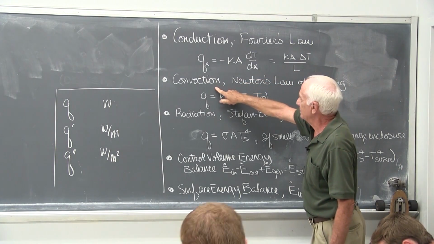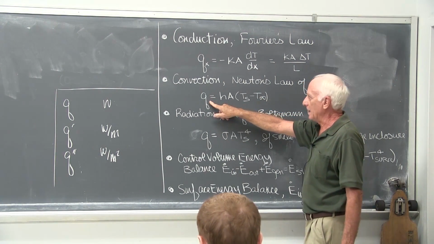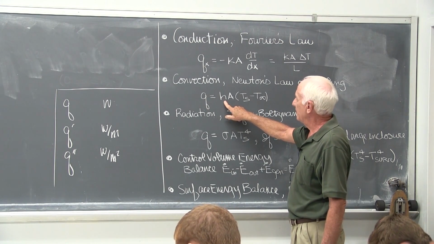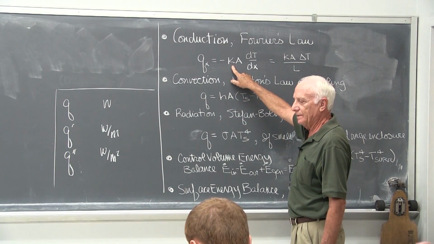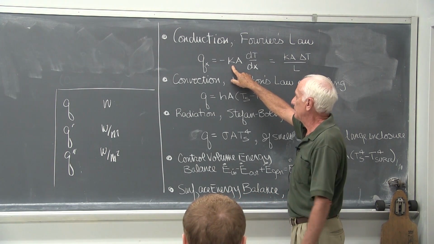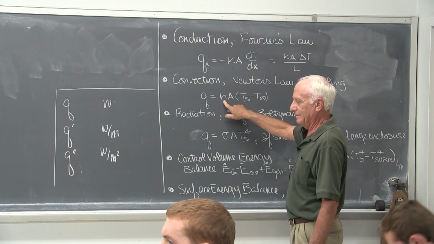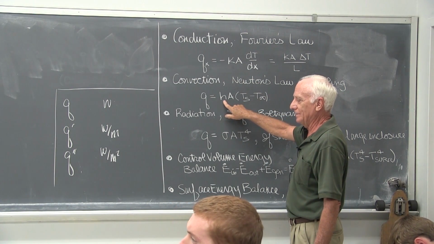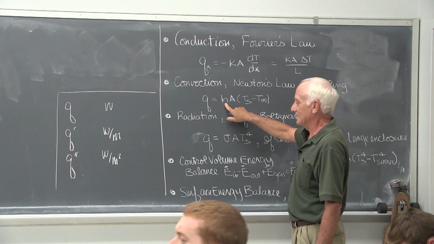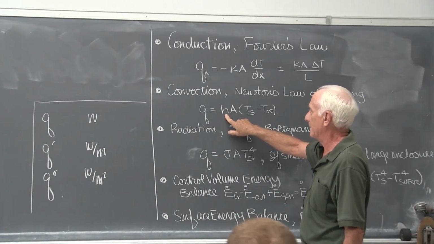For our convection heat transfer, Newton's law of cooling. Q, the heat rate in watts. h, the convection heat transfer coefficient. By the way, k is a property of the material or substance, like air, water, steel. The values are in the back of the book, in the appendix. h, we have to find out how to calculate h pretty much in chapters 6, 7, and 8. It's not as easy as going to the back of the book in the appendix and finding h. You won't find them back there.